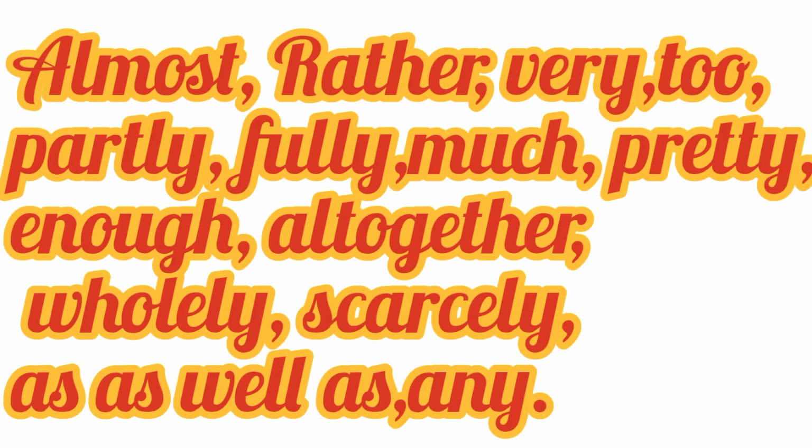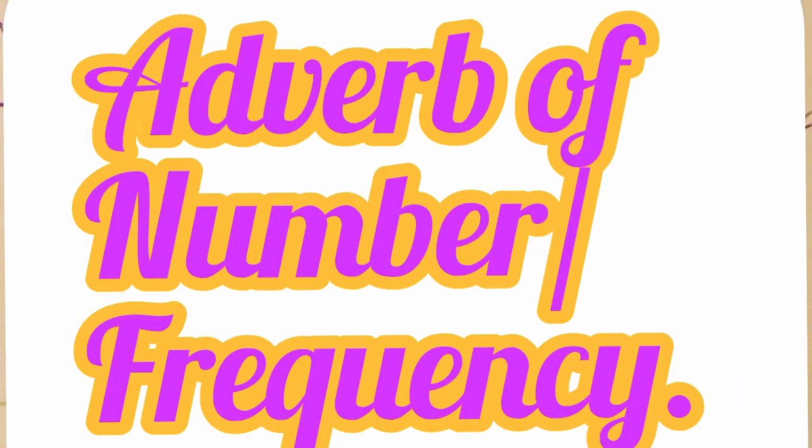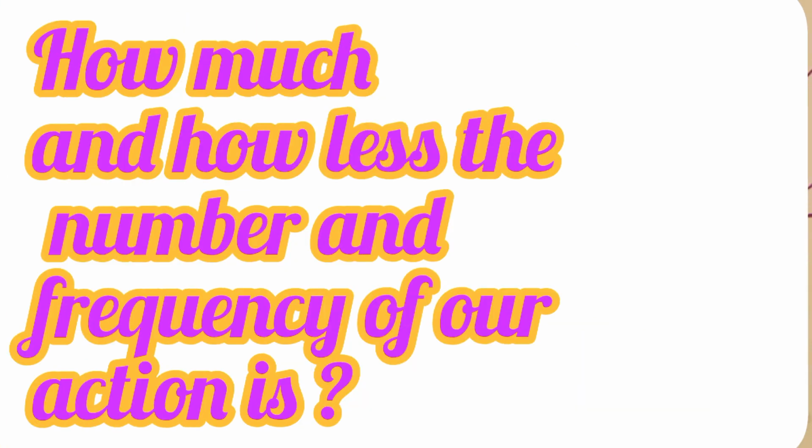Enough, as, and well, any, etc. are the words that we can use to show degree and quantity, या मात्रा, हम कितनी दिखा सकते हैं, बहुत है, ज़्यादा है, बहुत ही ज़्यादा है, कैसा है. These are the things where we can use them here. The next one is the adverb of manner, number, and frequency: how much, कितने number, कितना ज़्यादा, कितना कम, कैसे. Like, always speak the truth, and how,